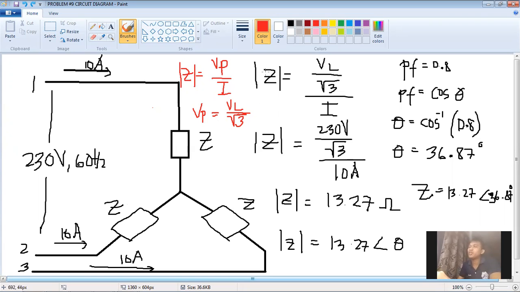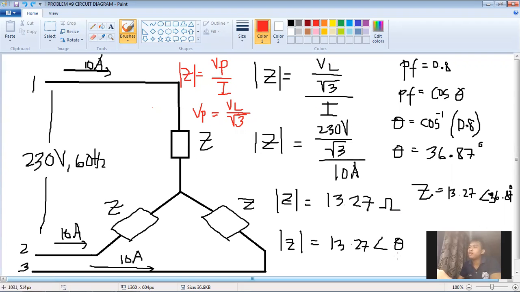So the impedance is equal to VL over square root of 3, all over the current. Since we have VL of 200 volts and current of 10 amperes, we'll just substitute here. So the impedance is 13.27 ohms as of calculation,